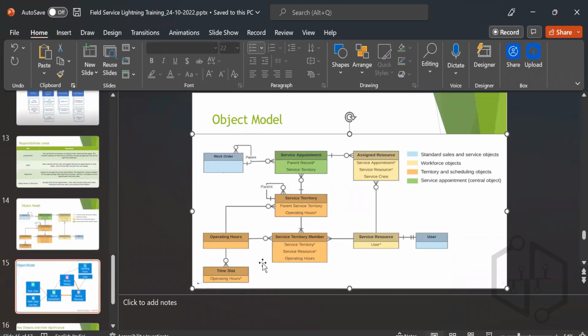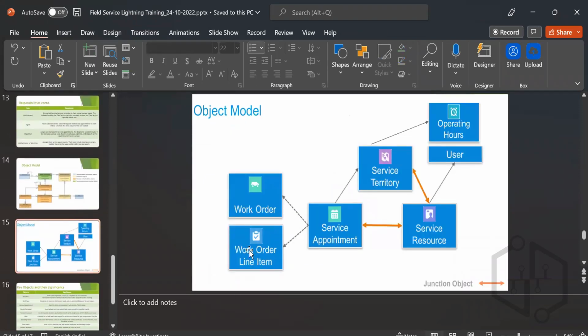I have given it here also. I'll come to the work order line item, service territory, users, and service resource. What is a work order line item? Work order line item is basically the child object of work order. It is a subtask of work order. Like a work order is, suppose, pipe installation. This is a work which is assigned. Then that pipe installation can have subtasks like pipe repairing, then pipe testing, pipe